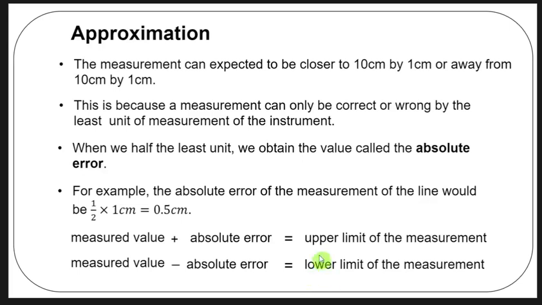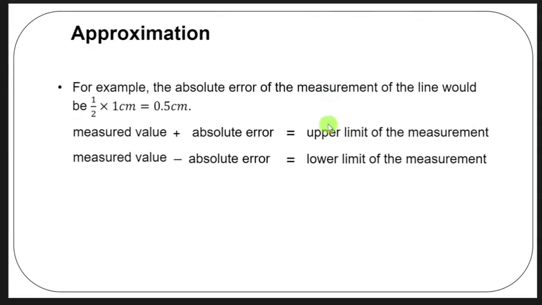So all this is what is done in approximation. It is used by engineers, mathematicians, and scientists. Whenever scientists are measuring, whatever they are measuring, they will always consider it to have an error, what we call the absolute error, and then they would be able to determine what they call the upper limit of the error in that measurement, and there will also be the lower limit of the measurement. All right, so what we are saying here is that